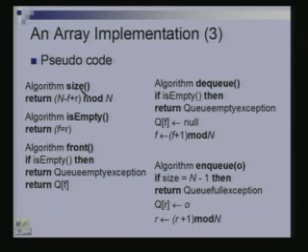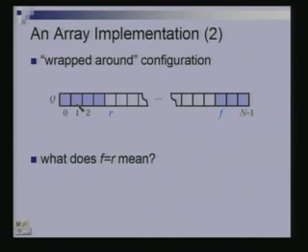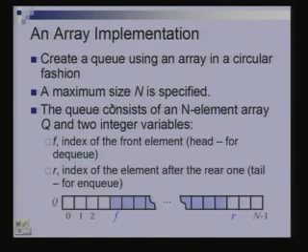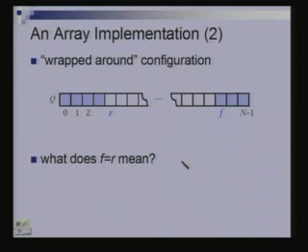Now, what does the method size do? It returns this value. Why this value? Why should I not have written just R minus F? When it is circular, R minus F is negative in this setting. But in this setting, R minus F tells me exactly the number of elements in the queue. So R minus F is the correct thing, except that it might be negative. So how many elements are here now in this queue? N minus R minus